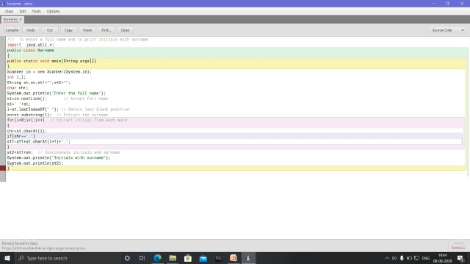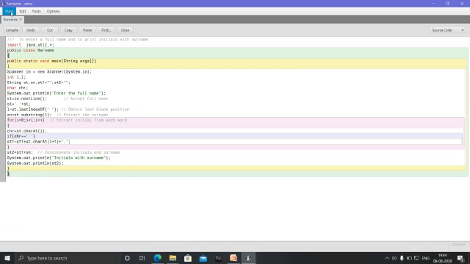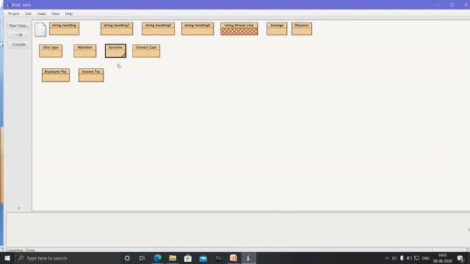Then I will check where the error is. I will find that I have not closed two brackets, because I opened two brackets here but have not closed them. So I will close them, then save, then compile. Class compile, no syntax error. Then close this program.